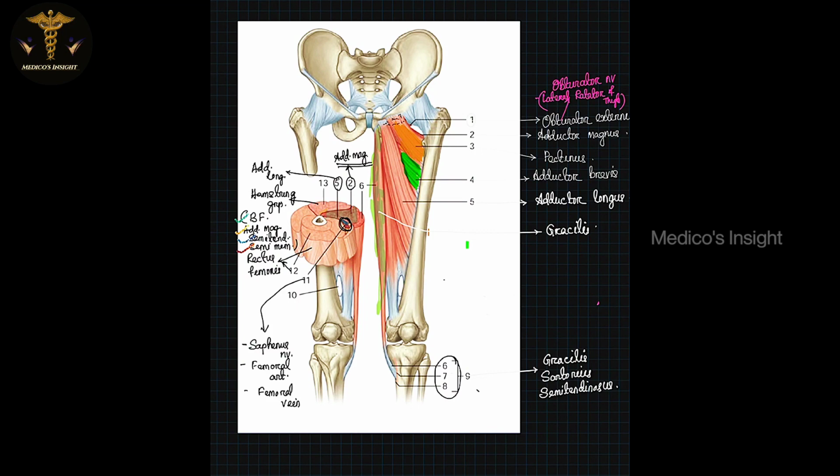Okay, as I mentioned, the adductor magnus forms the hamstring group of muscle, and the hamstring group of muscle mainly flexes